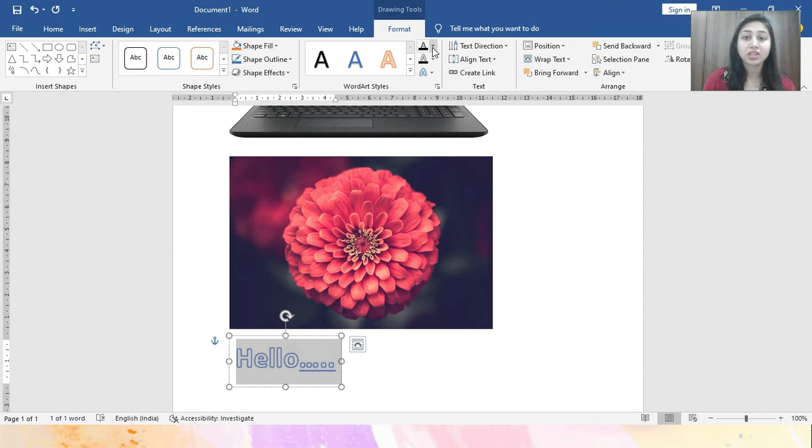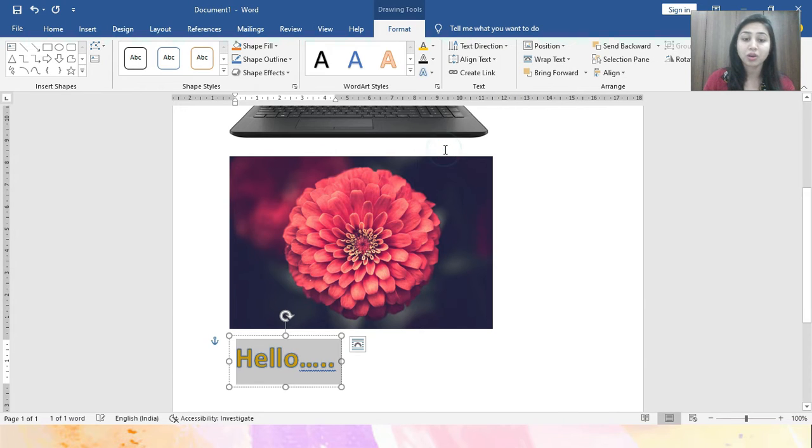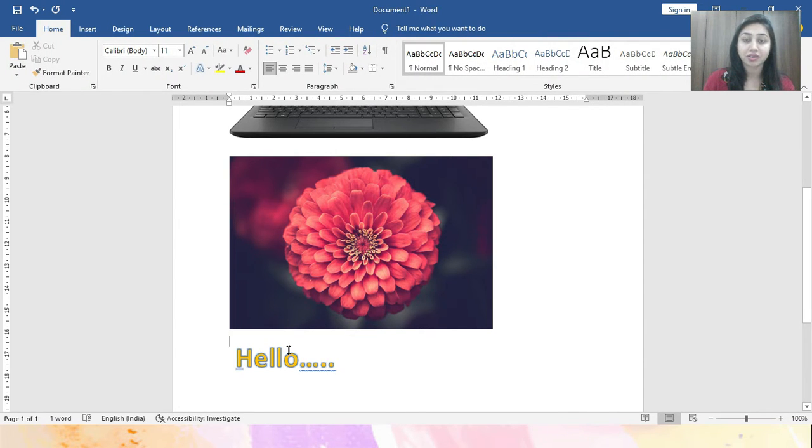So using the text fill option, you can fill the inside text colors. Okay, for example, you want to fill yellow color in the text, you can select the yellow color. Got it? Here you can see, right?